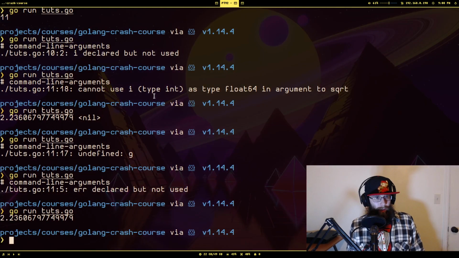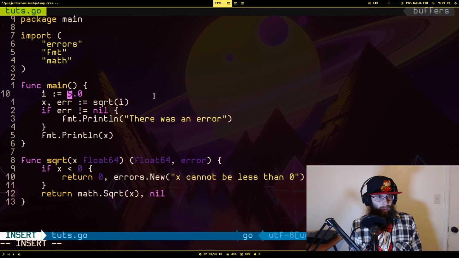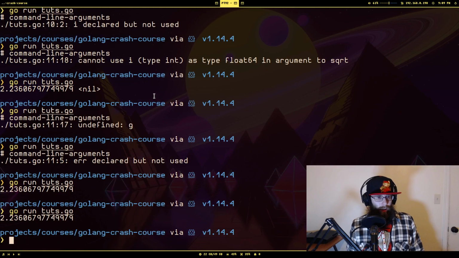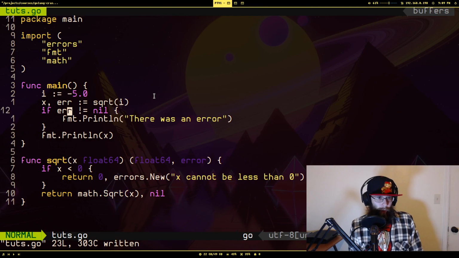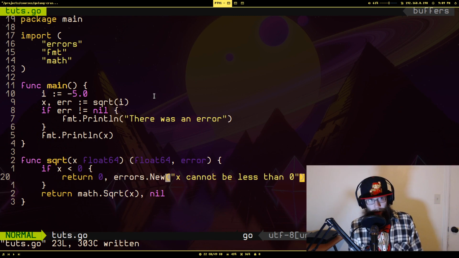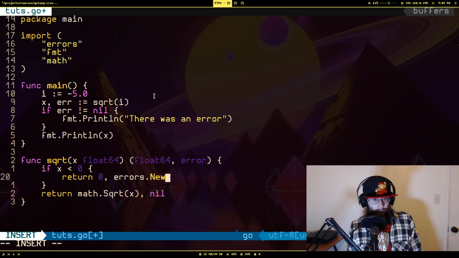So right now there won't be an error, but if I make this -5, now it's going to go, there was an error. Okay. So another way you can do this is instead of doing errors.new, the fmt package that we're already using actually has a function that returns a formatted error message. So to do that, instead of using errors.new, we're going to do